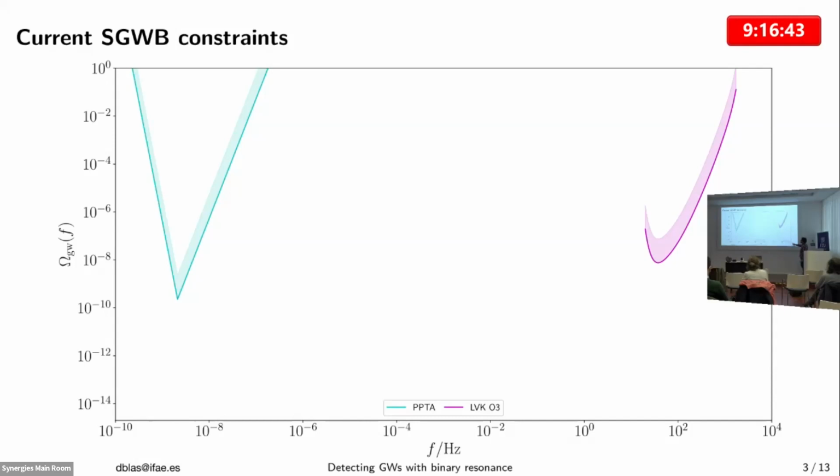There is no detection yet of a background, so all the events have been single events. That allows them to put a bound on the background. In principle you don't know when it's going to be relevant. Of course, you want it to be small in cosmological terms, otherwise it could be dominant at some point of the cosmological evolution. So it should be small, but how small? Well, the smallest you can. I'm going to put a line at some point, which is the psychological aim of this community. But for now, yes, LIGO gets here.